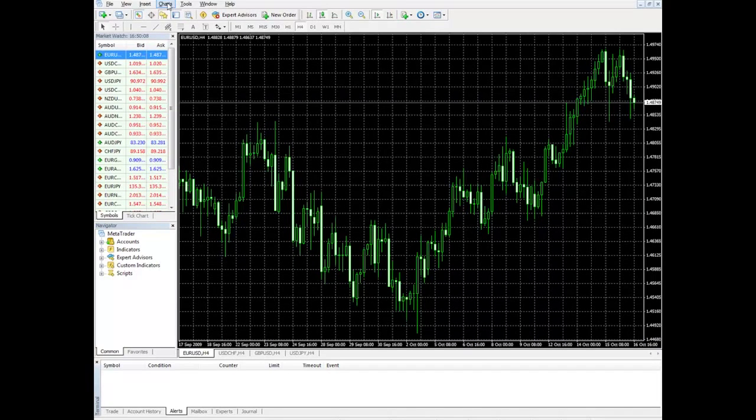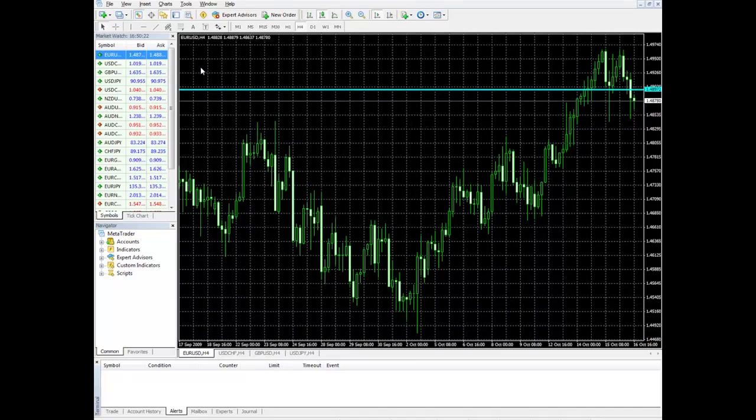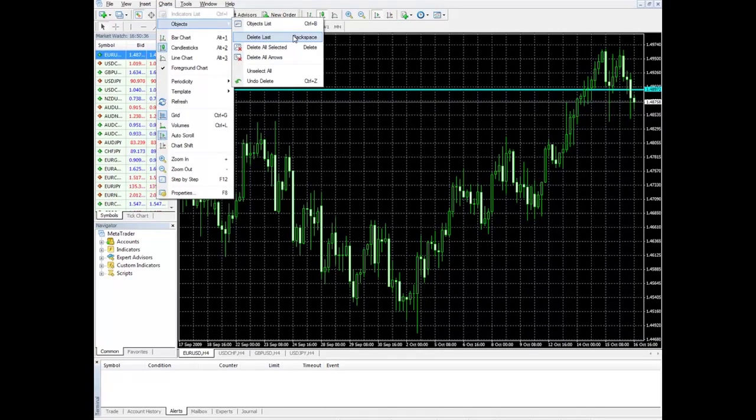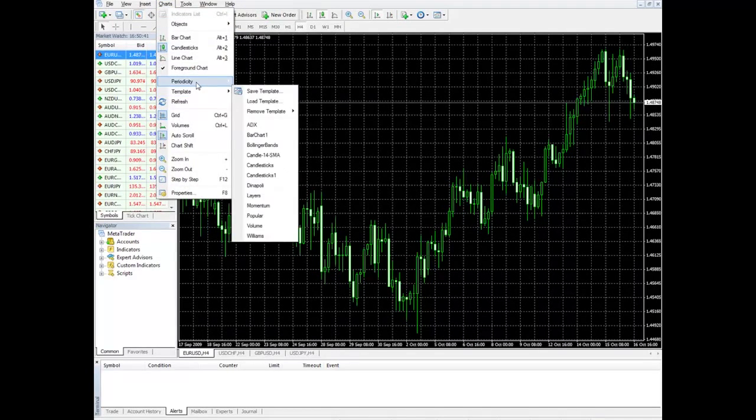And looking at it, it doesn't seem like it makes very much difference. In fact, let's take a horizontal line here. Okay. And let's change the foreground to a background chart. Okay. You see here that the line is on top of the chart essentially. So we'll move this back to the default there, and we can go back to delete last, as we did in our objects list, and we can move down further here to